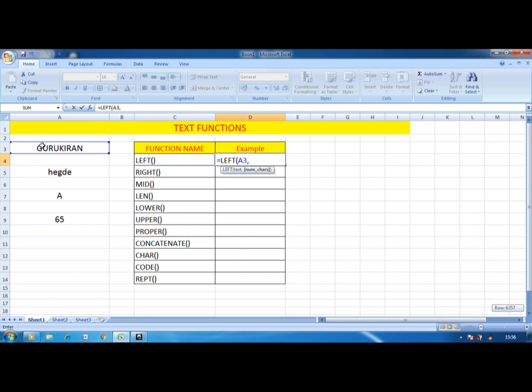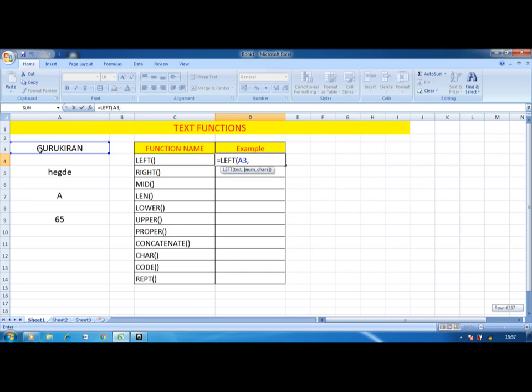So what happens if we use this function? This function returns the leftmost characters from a text value. This is the text, Guru Kiran, and if I want to extract the first four characters, what are the first four characters from the left side? It is GURU.